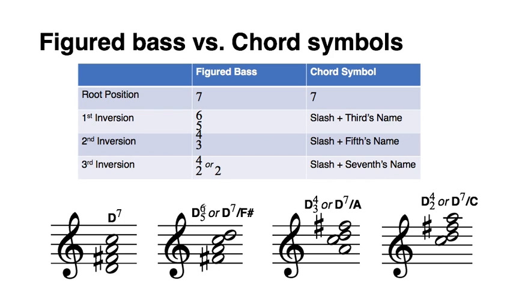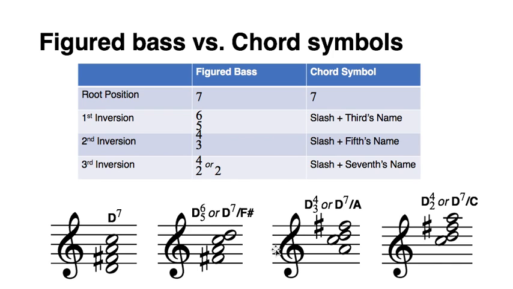We use 6/5 to indicate first inversion. You'll see that that's the interval made between the lowest note and the top and then the second note here, a 6th and a 5th. Or, in the very matter of fact and objective and concrete way the chord symbols work, we notate D7/ the name of the lowest note. In this case, it is the third of the chord, F sharp,